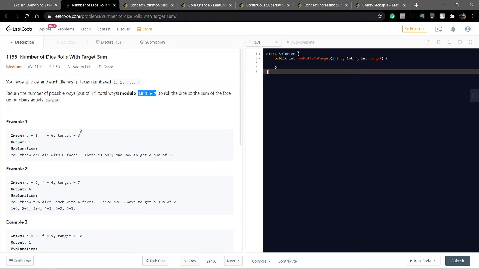Let's understand some examples and cases. If there is 1 dice with 6 faces and target 3, I can directly throw a 3 in one chance, so there is only one way. In the second example,